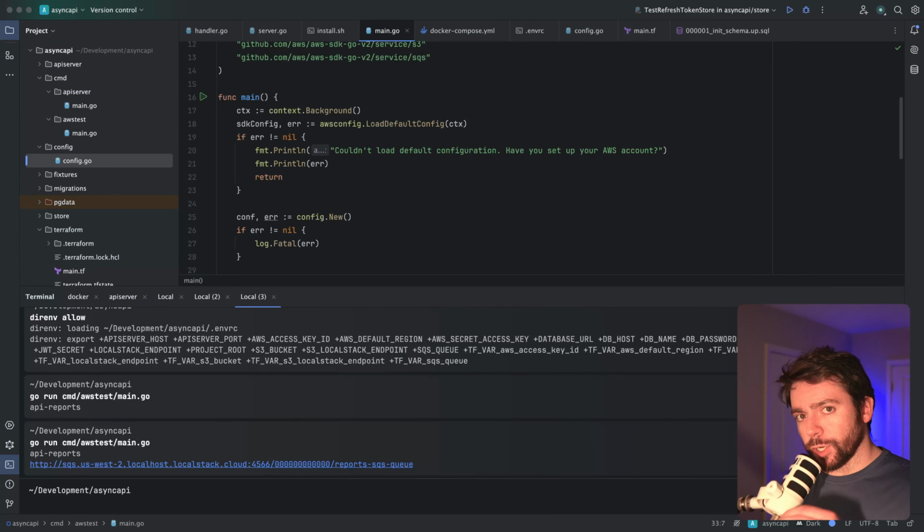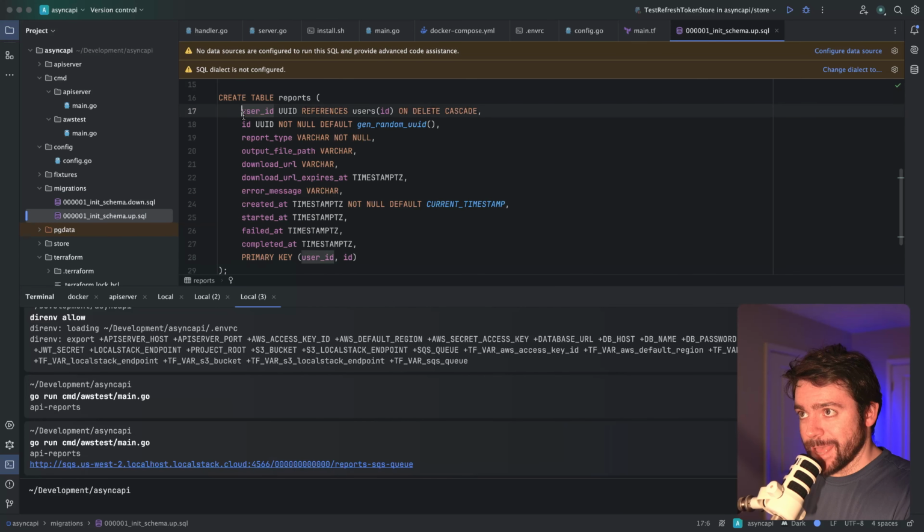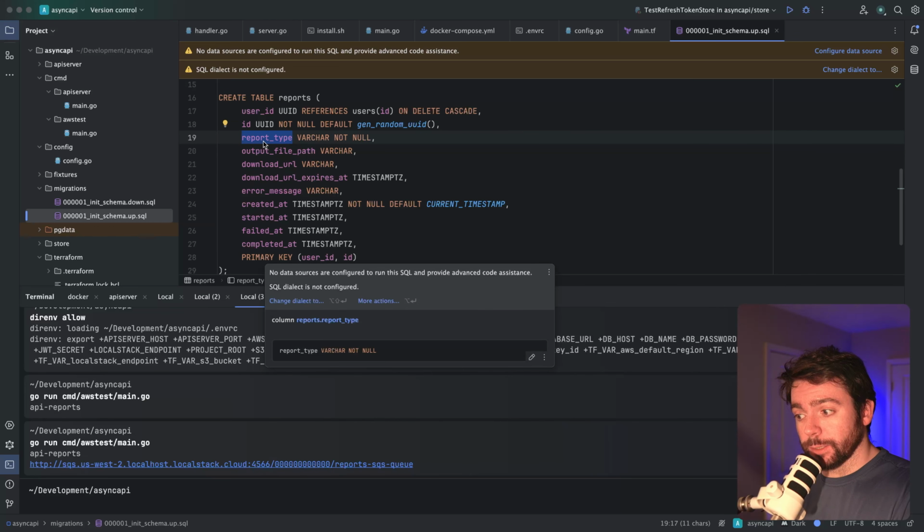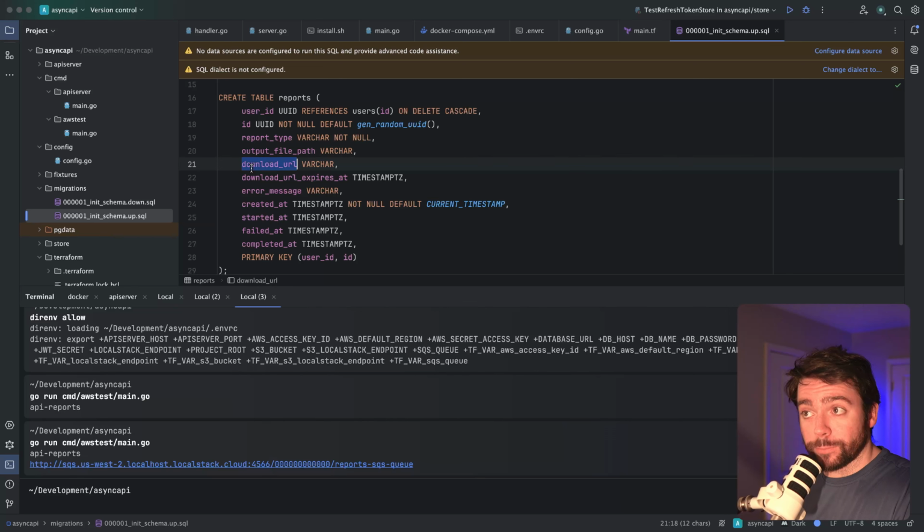We are now going to start building our data access layer for the reports table. We've got this table here that has a user ID, an ID for the report itself, a report type, which we probably won't make a lot of use of in this video, but I want to have some variability to how reports can be generated. An output file path, the download URL where the client will actually retrieve the report out of the S3 bucket,